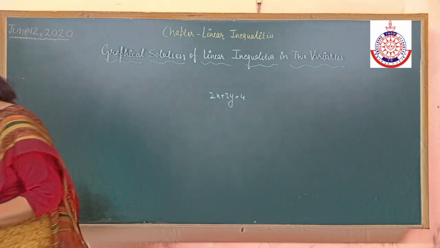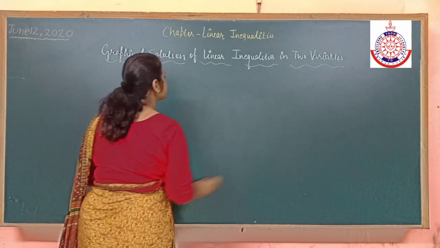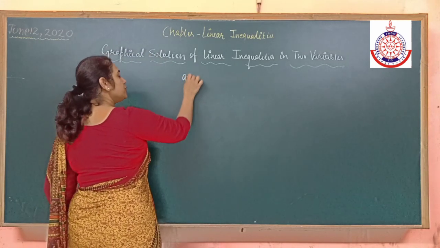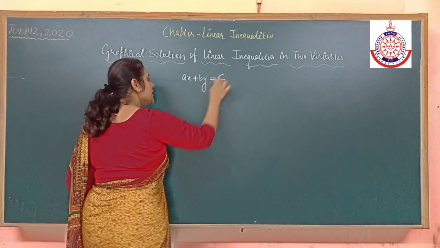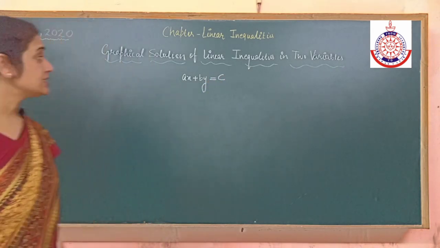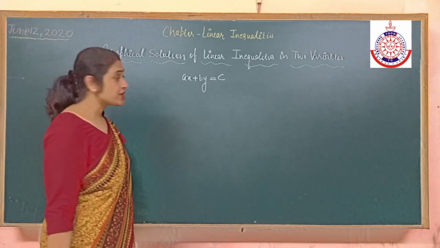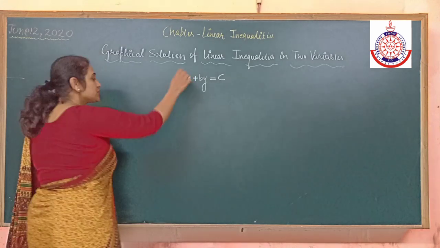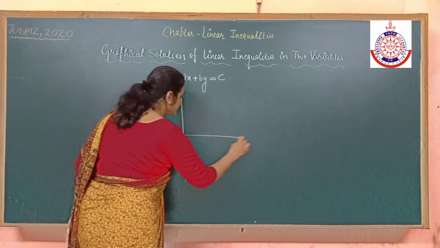We know that ax plus by is equal to c represents a straight line in a Cartesian plane. We have already plotted this in our junior classes. So a straight line, if I say this is my Cartesian plane,